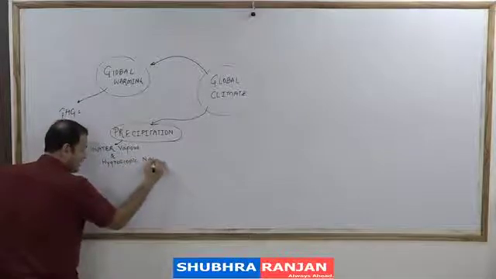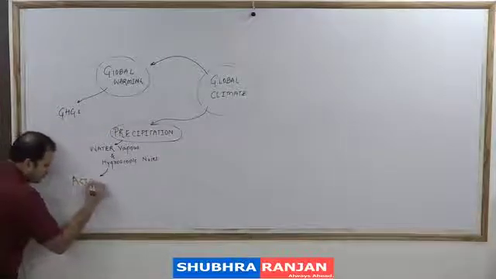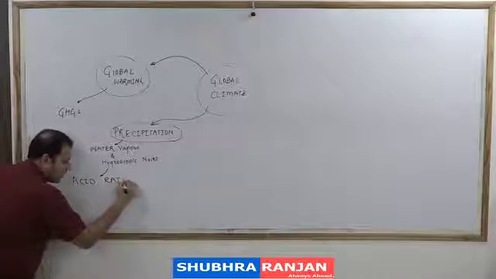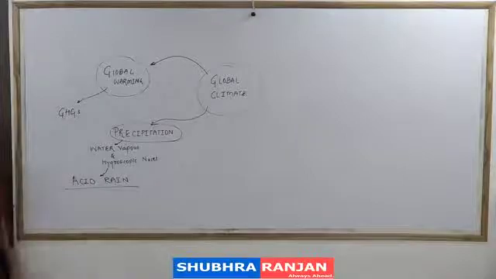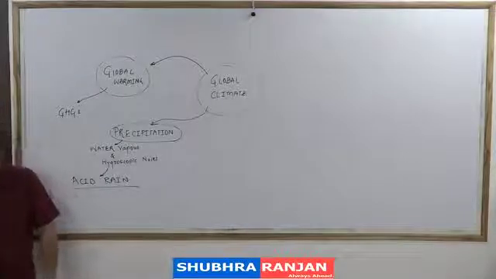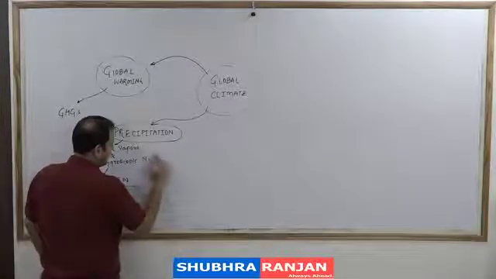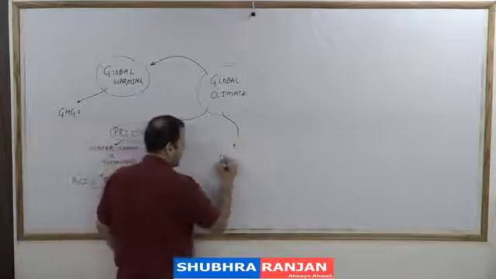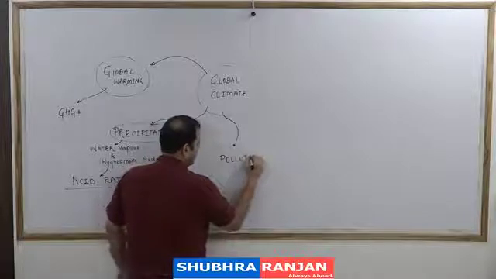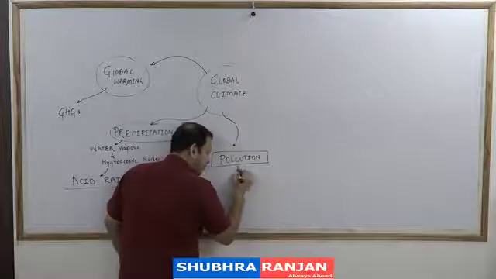But this rainfall, due to the presence of pollutants, will be in the form of acid rainfall. So have you mentioned acid rainfall? Yes. This rainfall will be in the terms of an acid rainfall. Hygroscopic nuclei, that is cloud droplets. Have you mentioned about pollution? Why pollution? Because of